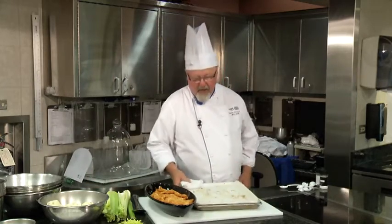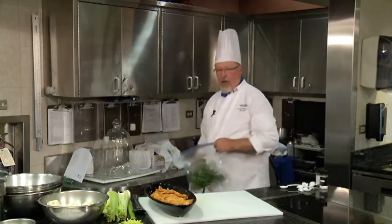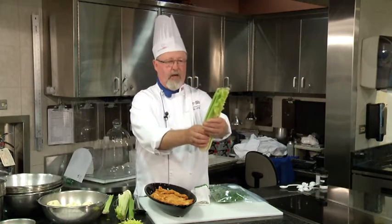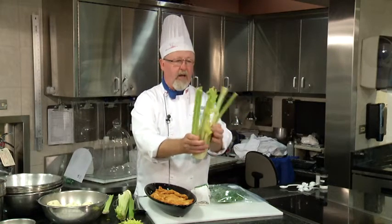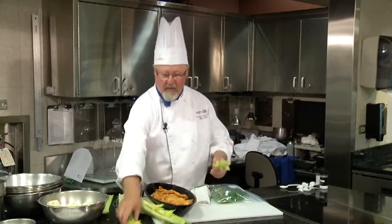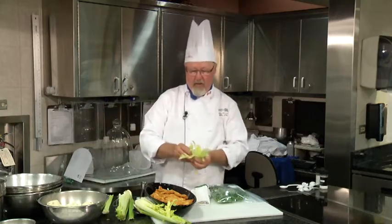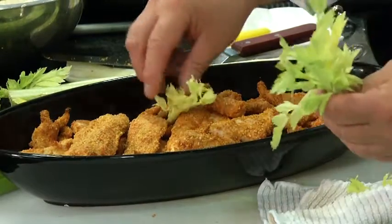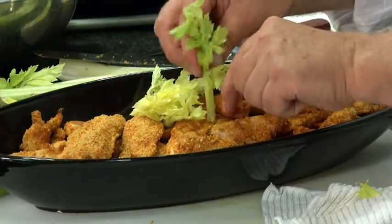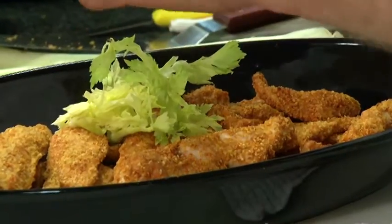So I'm just going to take that aside. We're going to garnish it a little bit. Of course, I've got some celery here, and I'm wondering what the heck can I do with all those beautiful fronds on the inside of the celery. So I can take those out. Don't those look nice, like a little bouquet? I could put those anywhere I want to. I'm just going to put a few right there in the middle of the dish. They stand up. Give it a little bit of